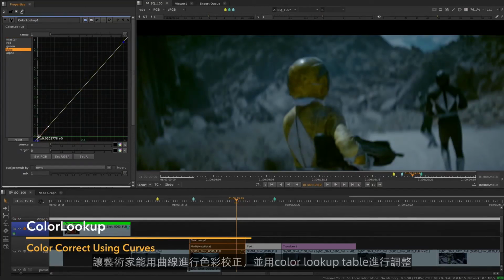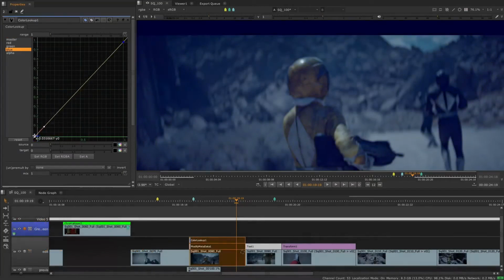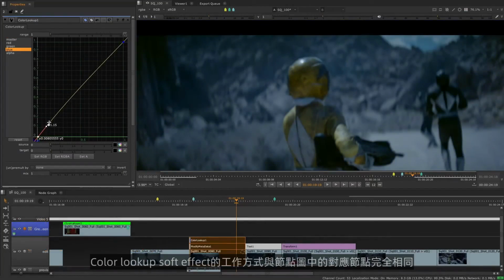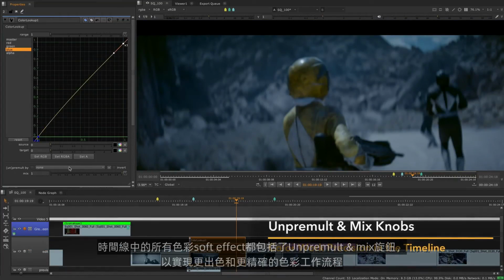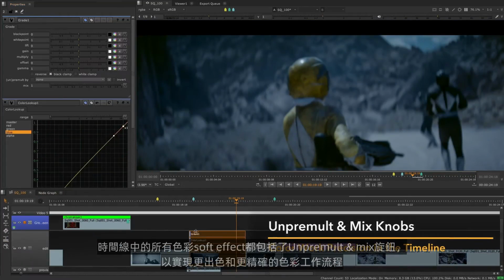We've also added the color lookup soft effect to the timeline, enabling artists to color correct using curves and do adjustments using lookup tables. The color lookup soft effect works exactly the same way as its equivalent node in the node graph. All the color soft effects in the timeline now include the unpremult and mix knobs for better and more precise